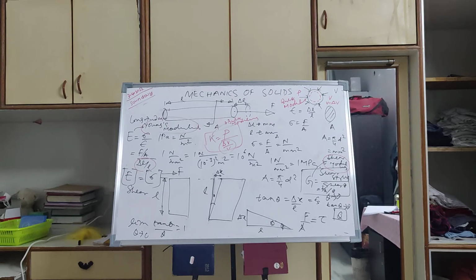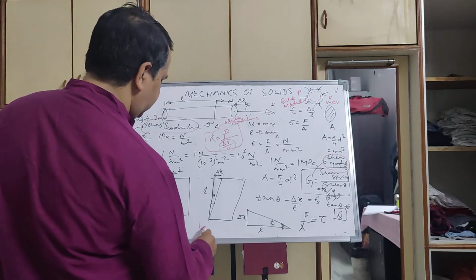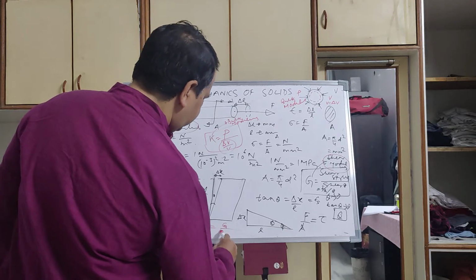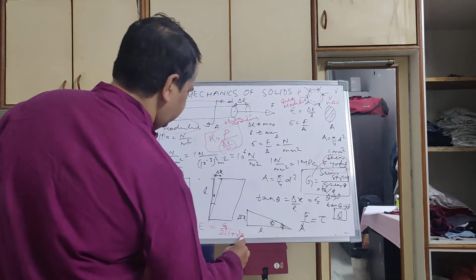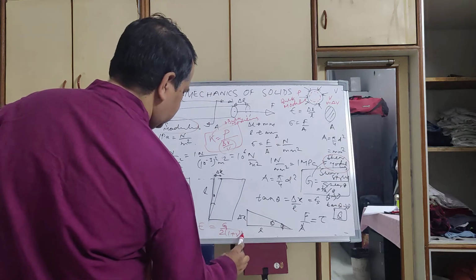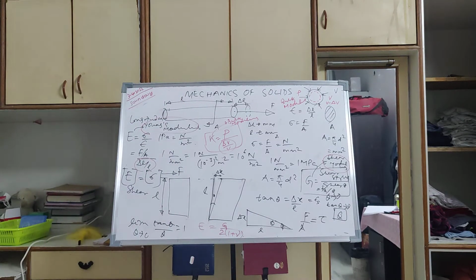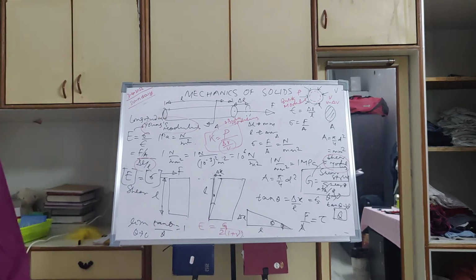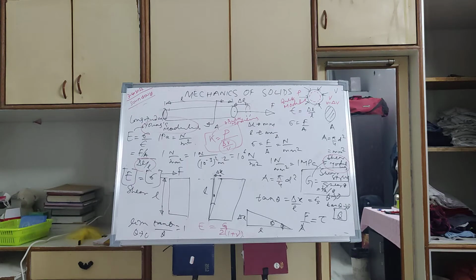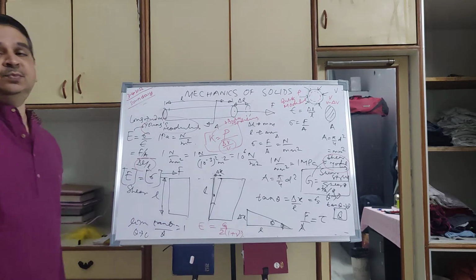So remember the difference between longitudinal, shear and volumetric. There is a relationship between these values, which I will tell you just for your reference. E is equal to G by 2 into 1 plus nu. You don't need to remember it at this stage. In our engineering structures, we always remember how Young's modulus is related to the modulus of rigidity. There is something called nu, which is Poisson's ratio.